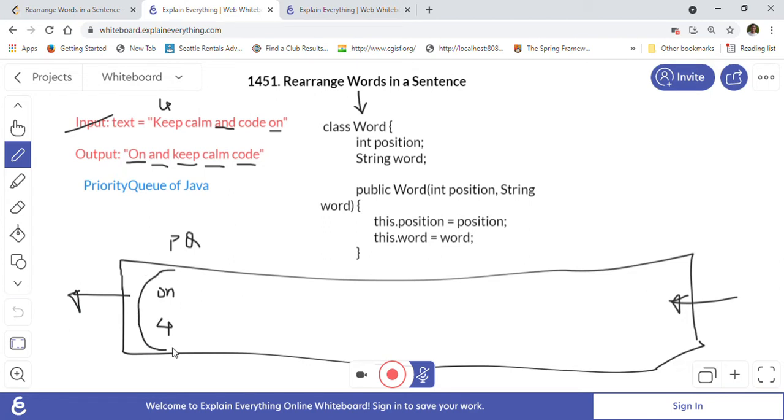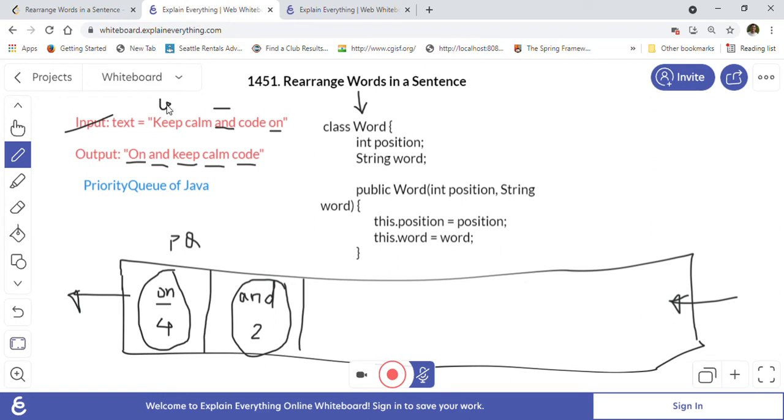So this is one word we'll put into the priority queue, because this will be first, because this is the smallest length one. Then, as you will see, "and" is another word in the priority queue that will come after "on". "And" ends up at position 2, where the positions are 0, 1, 2. So this is another word that will come after "on": "and" will come, and after this we will have